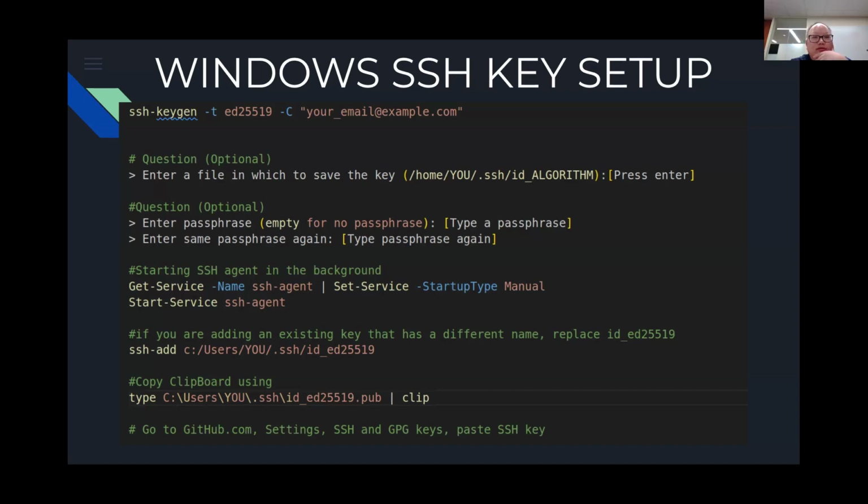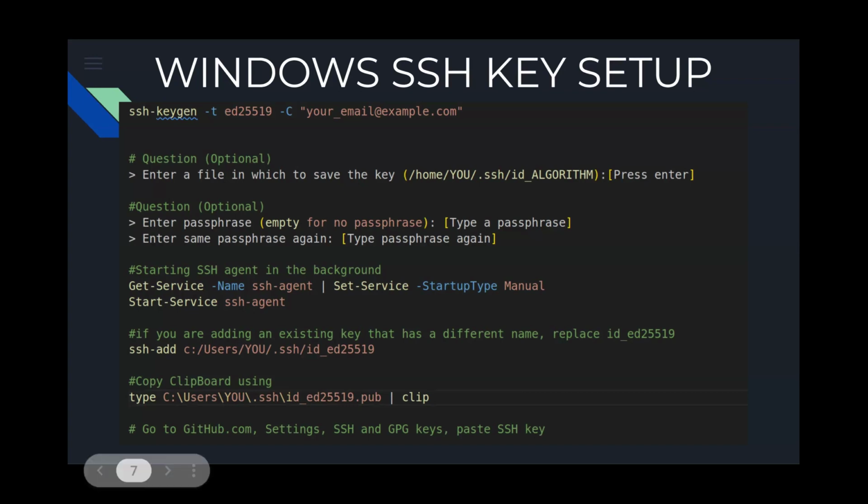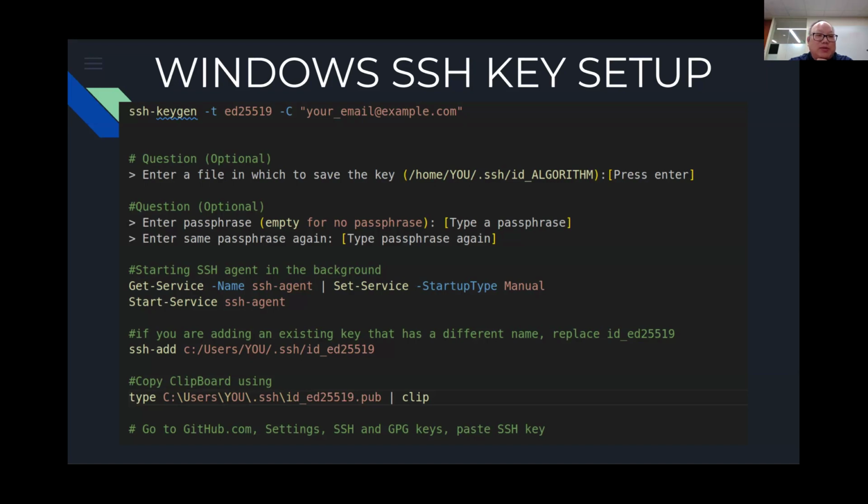Trevor, do we need to run Get-Service as admin because I'm getting like access is denied? From what I read in the documentation, it didn't say that, but if you can run it as admin, I would. Okay, I'll run PowerShell as an admin and see what. Oh, are you in PowerShell or are you in Command Shell? PowerShell. Okay, I think this is for command, just the normal command. But you got the Get-Service, so that's a PowerShell command, and I believe so. We'll see.